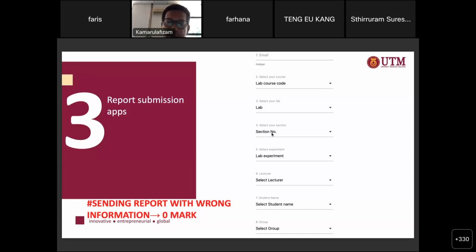You have to select your section, your lab experiment, the lecturer, your name, and your group, okay? And before clicking the submit button, you have to make sure that all the information is carefully and correctly selected, okay? If you leave any of this information unselected, or selected at the default, for example here for lab experiment number 5, you leave this as "lab experiment", when you click the submit button,